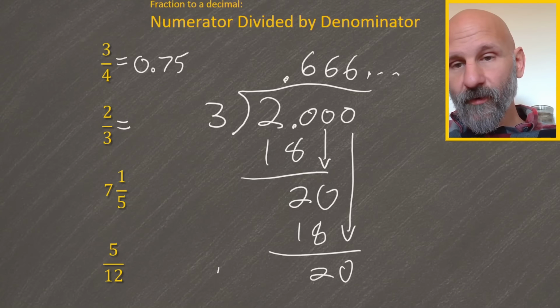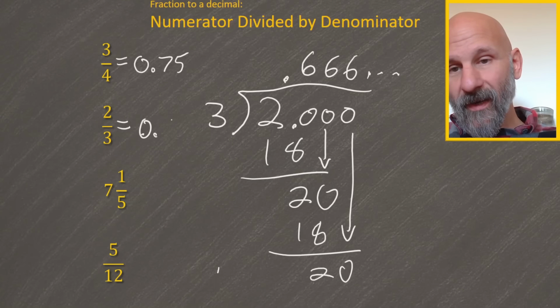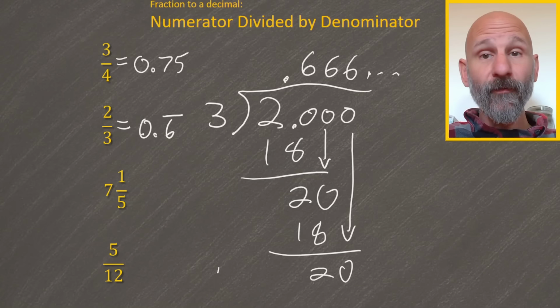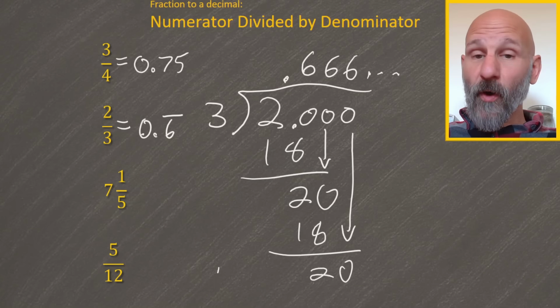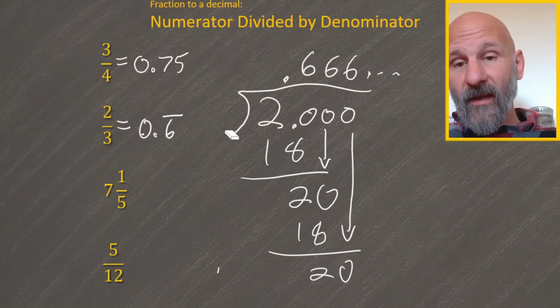We can say it equals 0.6, and if we put the bar over top of the 6, it means it keeps going, it keeps repeating. So that's one way of doing it. The other way is we can